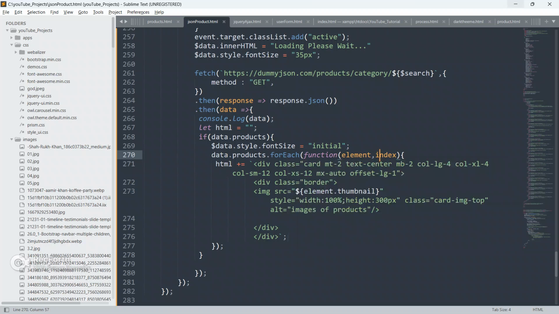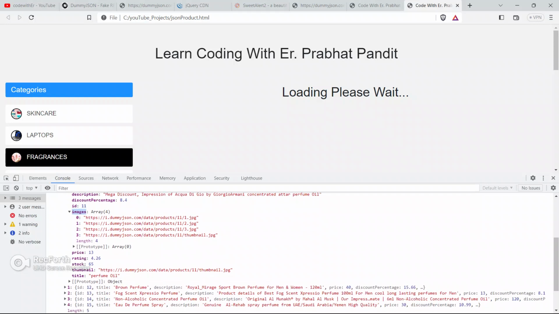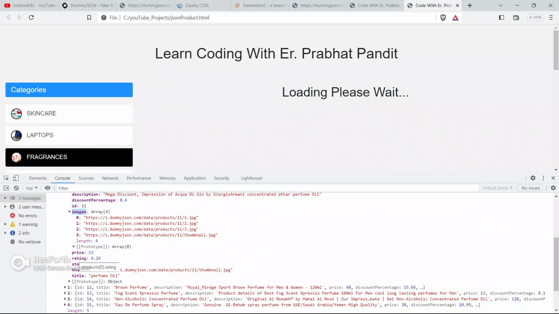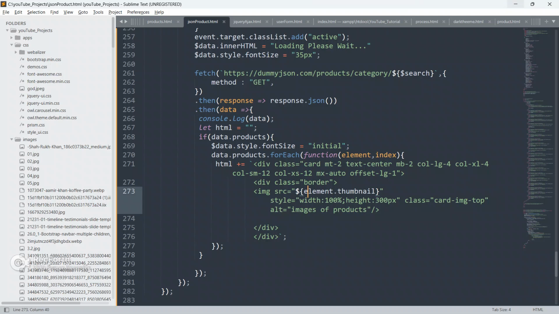It takes a function as a parameter, and this function takes element and index. Index is optional, but the element parameter is compulsory. Now each and everything from this array is inside this element. So we grab element dot thumbnail, then we will get this image. Element dot price, element dot rating, element dot stock, element dot title, then we will get each and everything here. So just go to the code and start writing your code again.